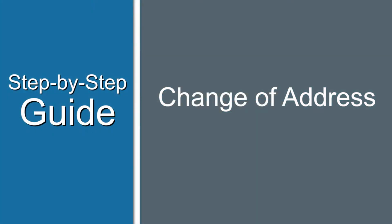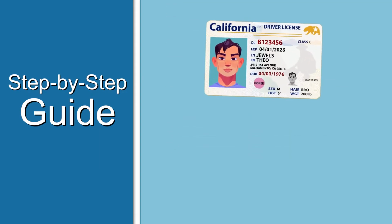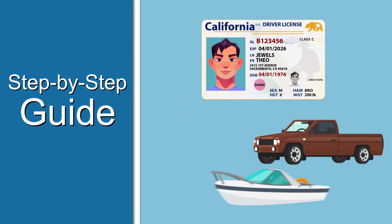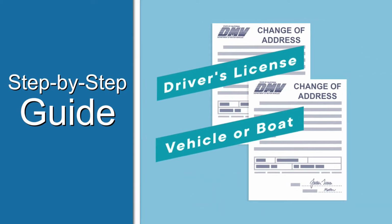This step-by-step tutorial will assist you in submitting a change of address request online. You should be aware that you'll need to change your address for both your driver's license and vehicle or boat. That means you'll go through the change of address steps twice, once for your driver's license and once for your